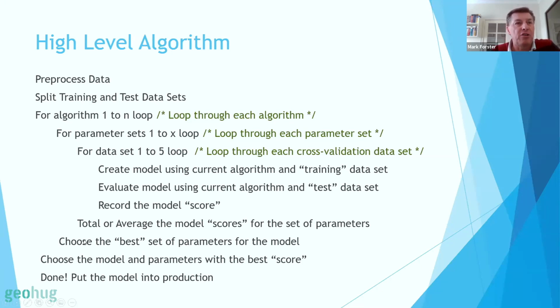Then once you've done that, you can work out what are the best parameters for this model. And then finally, as you come out of there, you've worked out what your best model and your best set of parameters are. And then you're done, you've found the right model for your data set, and you can put this model into production. When I say put it into production, typically you put that in as a service in a computing environment, a web service, and then you call that from other programs. So you can simply pass it your data, and it will classify your data for you and pass you back a prediction, okay?